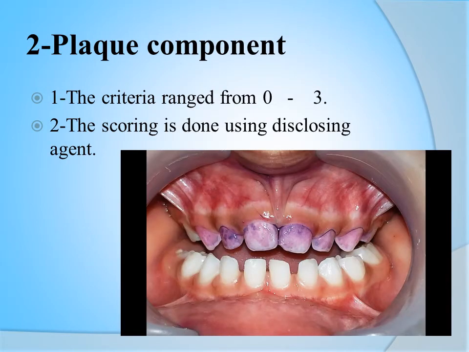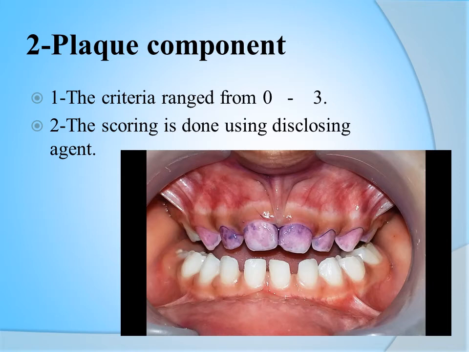Component is the plaque component. In this index, the criteria used ranged from 0 to 3. It's assessed by the very gentle movement of the probe. In this case, using the discoloring agent, which is a very simple way to measure the